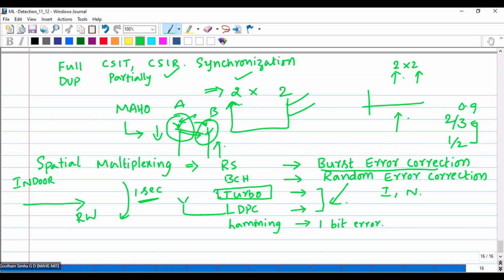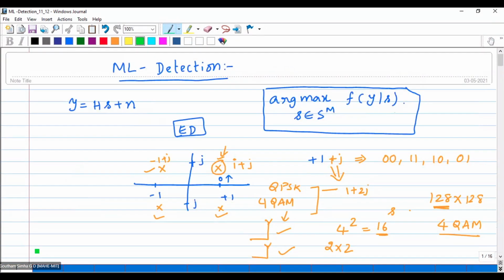If you are going for a spatial multiplexing scheme, till 4G, the spatial multiplexing scheme in an uncorrelated environment where you have a non-line of sight communication path, where you have a dominant non-line of sight communication path, even 16 QAM with 2x2 in our handheld devices, spatial multiplexing was carried out just to improve the spectral efficiency. Now, a lot of things we have discussed so far today, so we'll try to revise once,